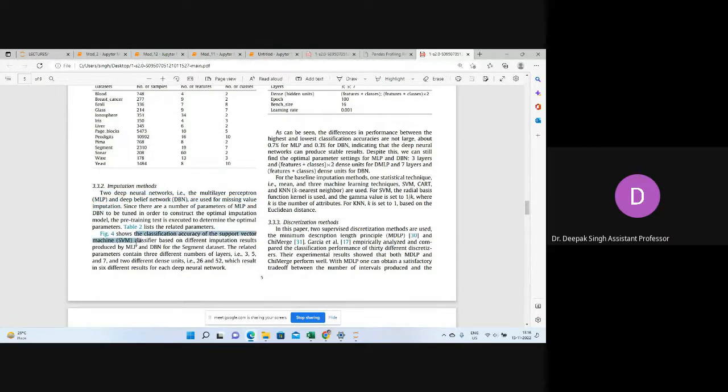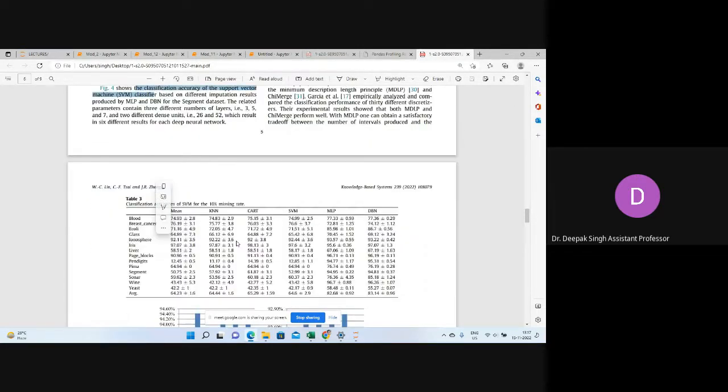Look, here it is written: two deep neural networks, multilayer perceptron and deep belief network, are used for missing value imputations. Okay, and classification accuracy of the SVM classifier. They have used the SVM classifier for the performance of the complete model. Once you get the complete data, fill it into the SVM classifier. So they are actually testing the performance of two deep learning models for the data imputation case. Okay, and here you can see various tables